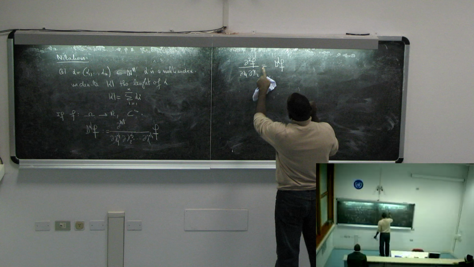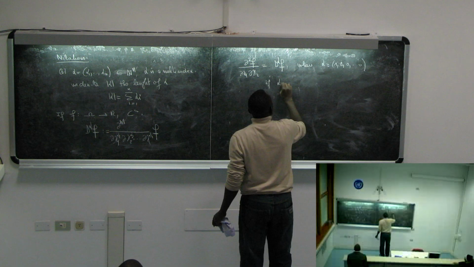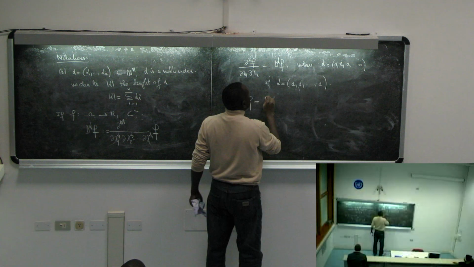If now you take alpha, for example, to be 1, 1, and 1 is the last, we get D^alpha of f. I compute the length, it is 3. So this is d cubed of f over, with 0, 0, and the last one I put 1. So the length here